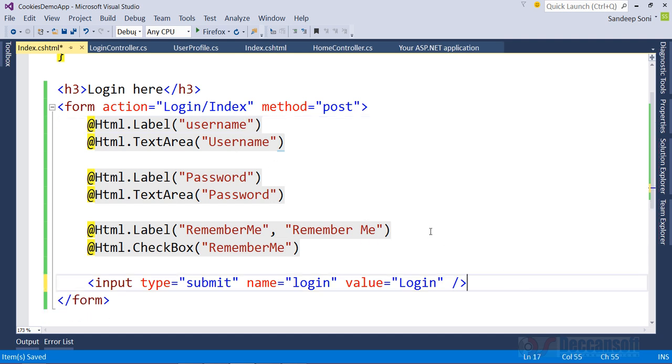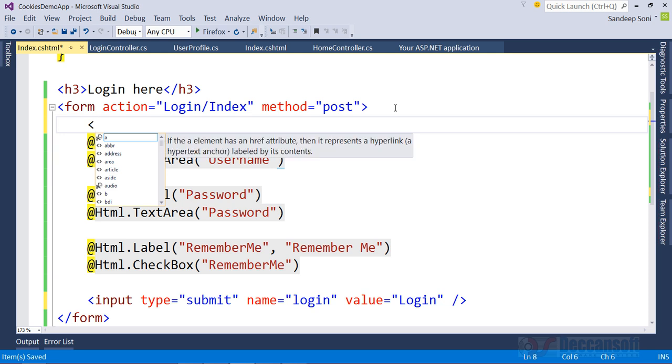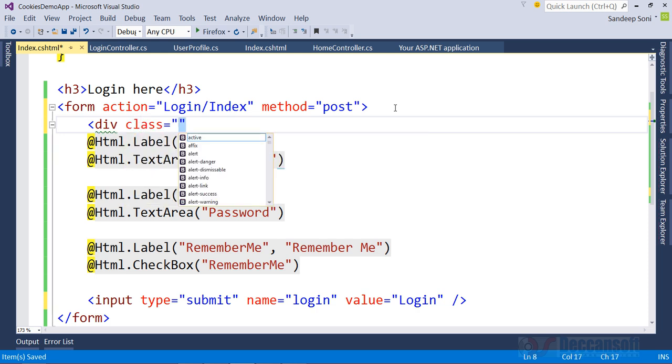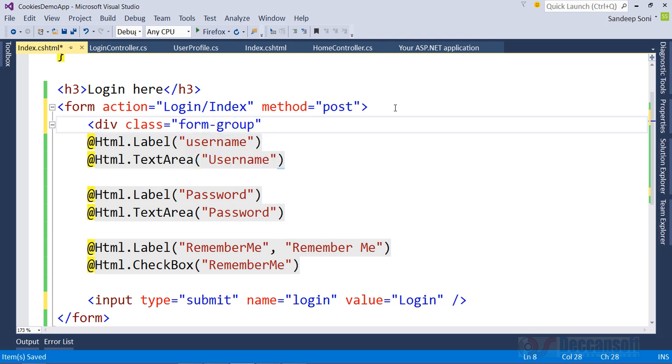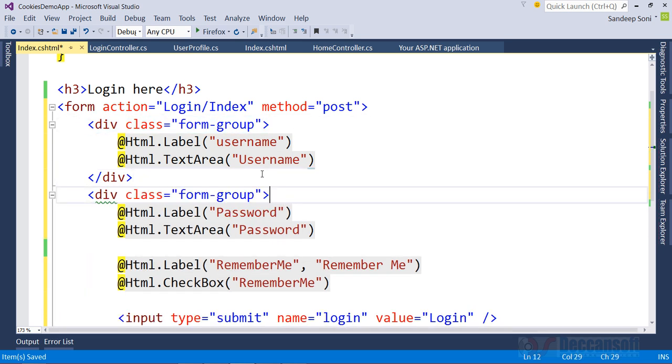Now, for only demo purpose, I would like to make this whole thing look very beautiful. So I'll apply some CSS of Bootstrap. So I'll give div, and for div form-group, and this I'll place it here. Now same thing we should do even for password,